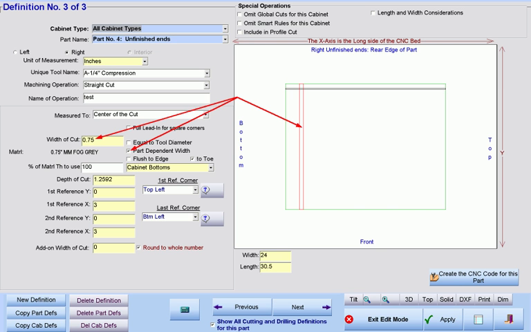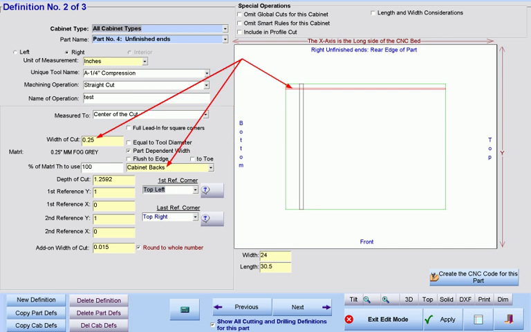You will notice that we have made the width of each cut equal to the thickness of the part that is expected to be inserted into the dado. Here we have a dado cut where the cabinet's bottom will be inserted into it. So we have designated its width to be dependent upon whatever the thickness is of the material assigned to the cabinet bottom. And we have also made sure that the dado will always exist flush to the top of the